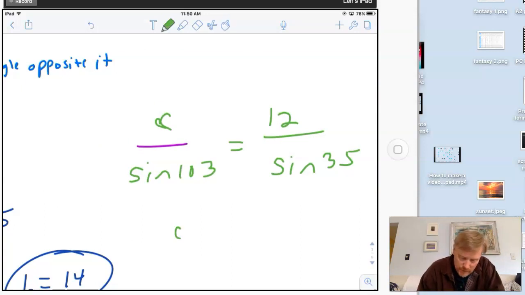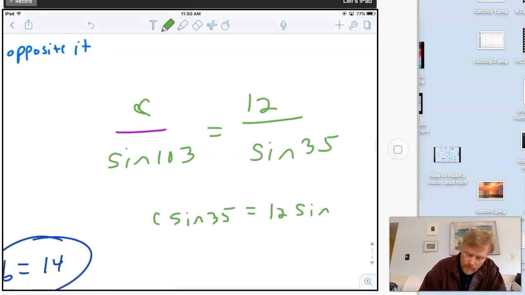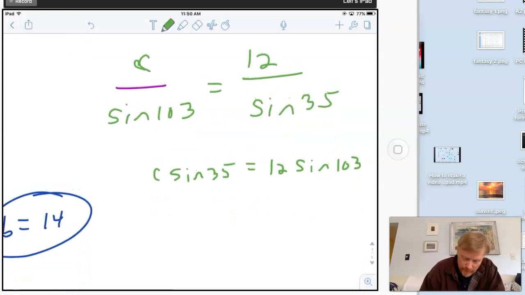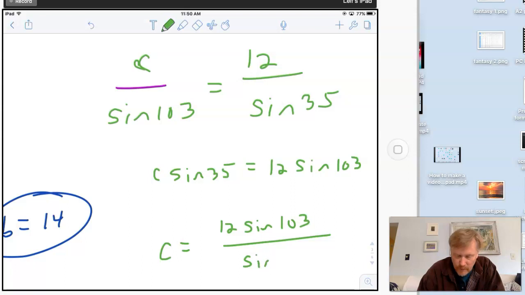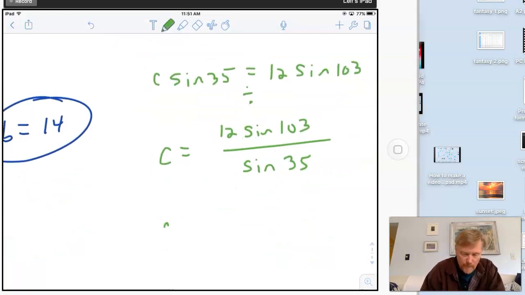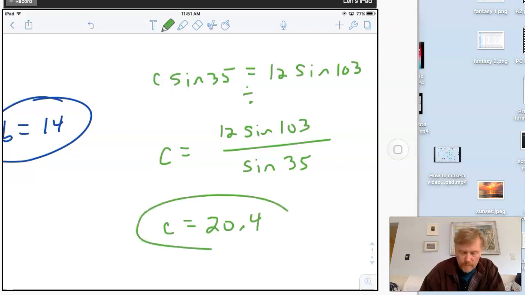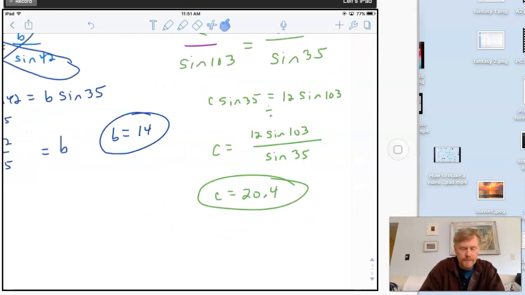So I got C times the sine of 35 when I cross multiply equals 12 times the sine of 103, which means if I divide, I get C equals 12 times the sine of 103 over the sine of 35. Okay, and then you can punch that into your calculator, and you'll find out that C should be about 20.4. That's my answer. Okay,